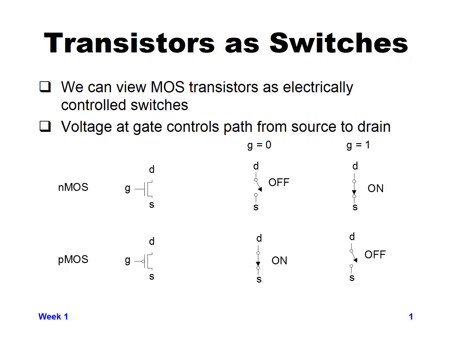So, as I have gone through in the previous slides, we can basically view transistors as switches. MOS transistors are electrically controlled switches. The voltage at the gate is what controls the path from the source to the drain. So, here's basically showing what I mentioned in the last couple slides, a little bit more